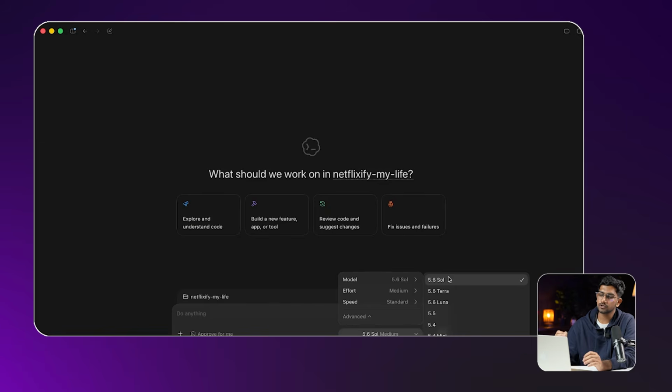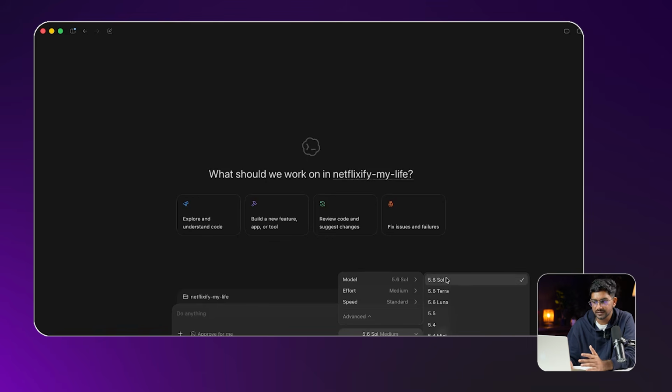And one more thing, if you are on a free account, you might not be able to see this 5.6 Sol or 5.6 Terra or 5.6 Luna. You might need to upgrade. Right now I am on the Plus account, so I am able to see these models. By default I would be working with medium effort. You can choose to work with high effort or extra high effort based on